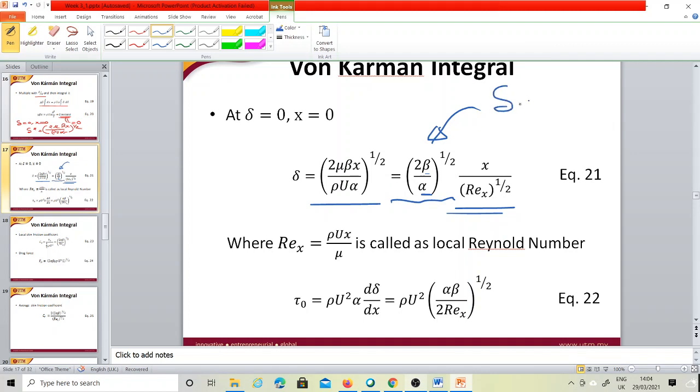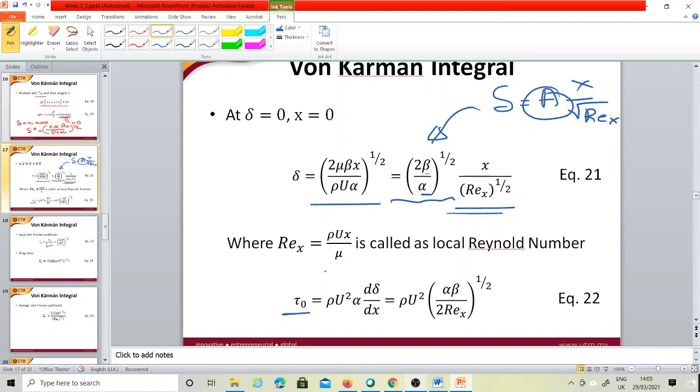You remember what I said, you will have some constant a, b, c, whatever it is, then x by root over of Re x. So this a is just a constant, so it depends on beta and alpha. It depends on beta and alpha. Okay, so similar way,